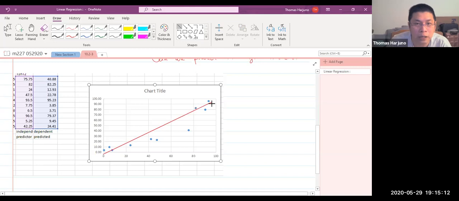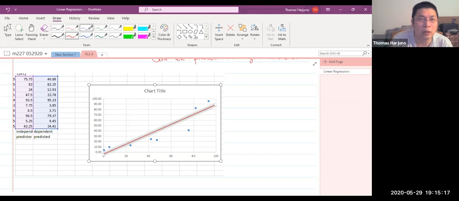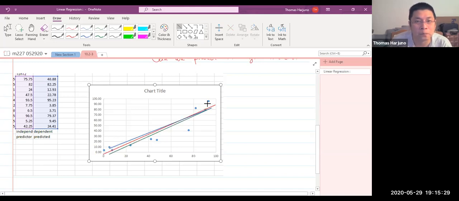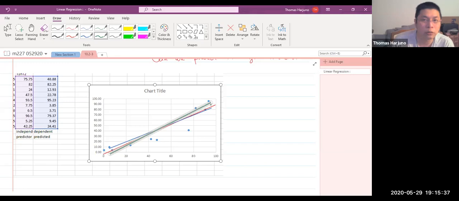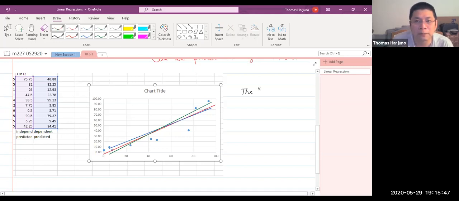Now, it may be this one, right? But maybe also this one. So how do we know which line is the best line? Well, we need to decide what indicator to use to find the best line. And the best line, the best fit line,